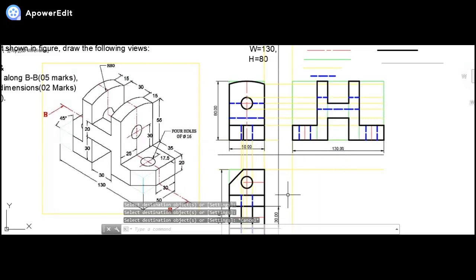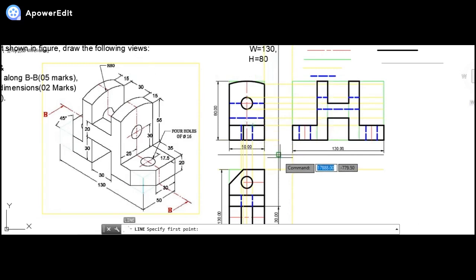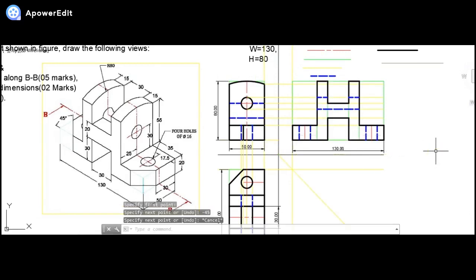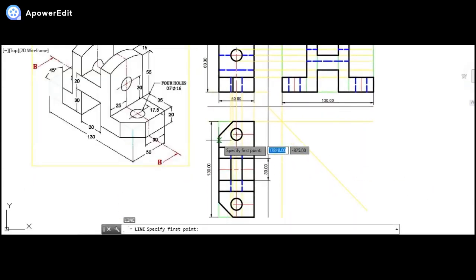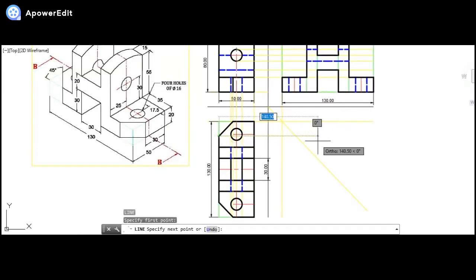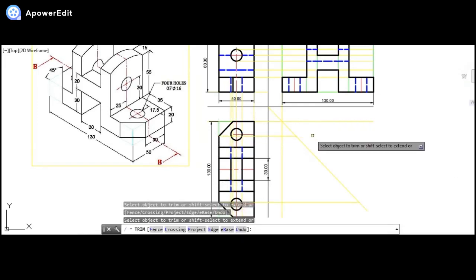So for those edges, what we do is we draw it from the top view. We draw it specifically from the top view. Take the projection from the top view. So over here at an angle of 45 degrees in the fourth quadrant, I will be getting the projections. And now only for these particular lines, say this one over here, even this one over here, I can simply erase the extended lines like this, even this line to be erased, okay, like this.